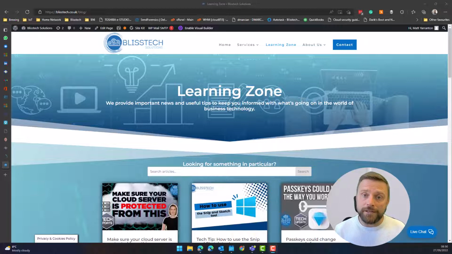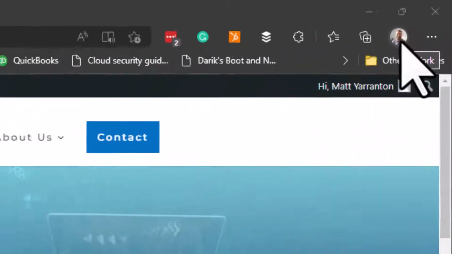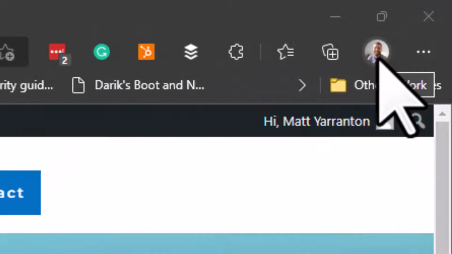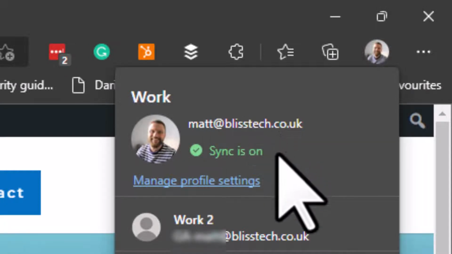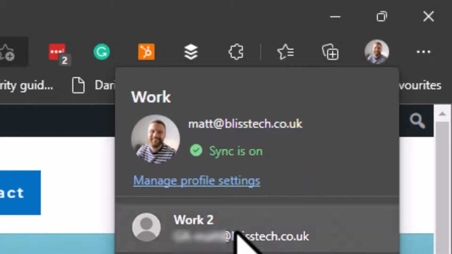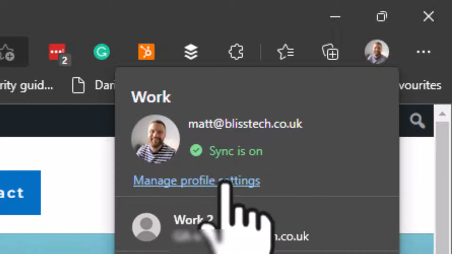So I recommend using Microsoft Edge if you're working with Microsoft 365 because it integrates nicely, as you would expect. And if you want to have multiple accounts on the same computer, use profiles in Microsoft Edge. So if you see up here in the top right, it's a picture of my face, and that's because I'm logged into Edge as my business profile. So if I click on this, see that Matt at blisstech.co.uk is logged into this profile, and I have other profiles. So if I go into the manage profile settings,